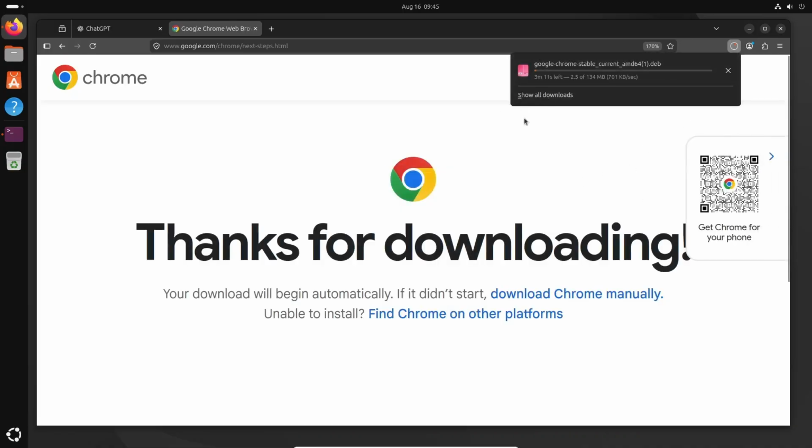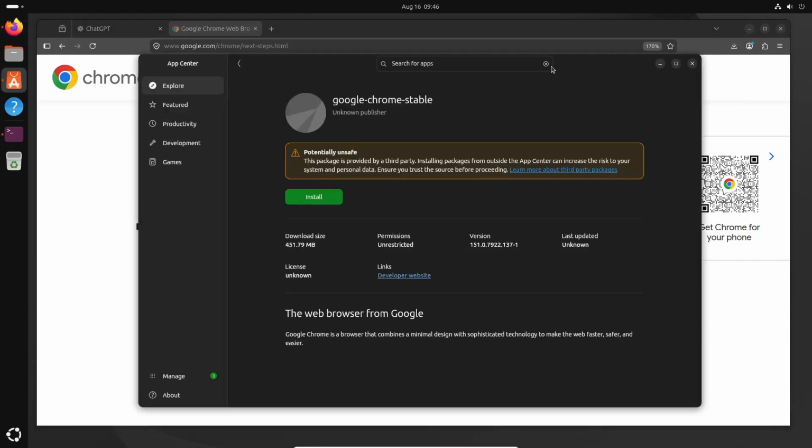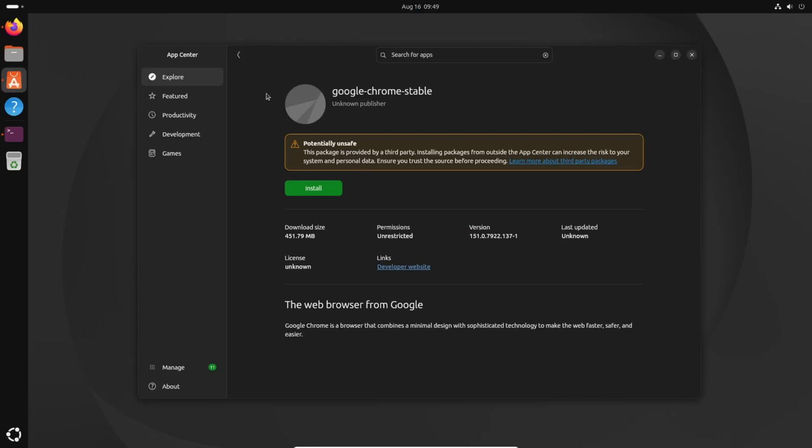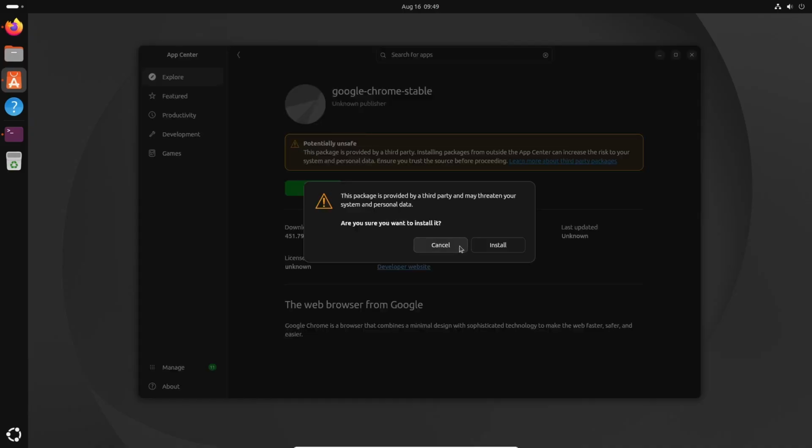The download will be getting started. It is around 134 MB in size, so just be patient. Once the download is complete, just double click and open it. It will redirect you to the App Center. Just click on install and click on install